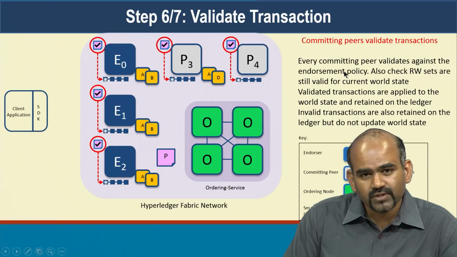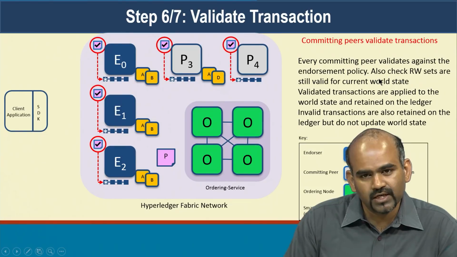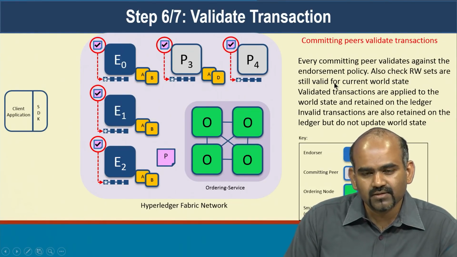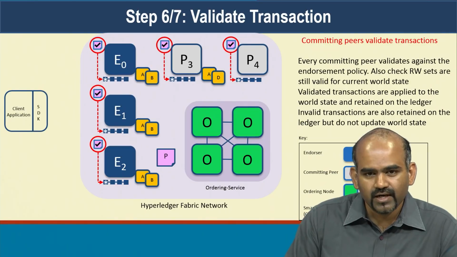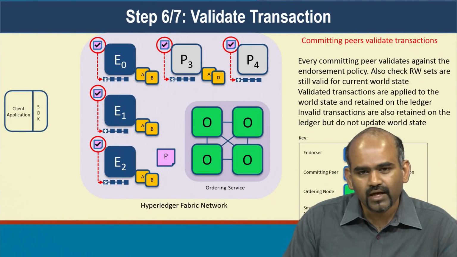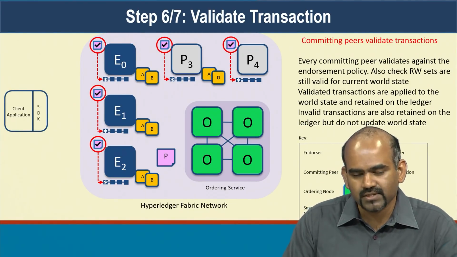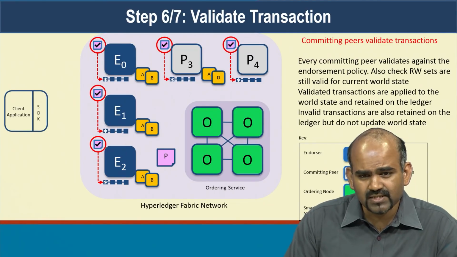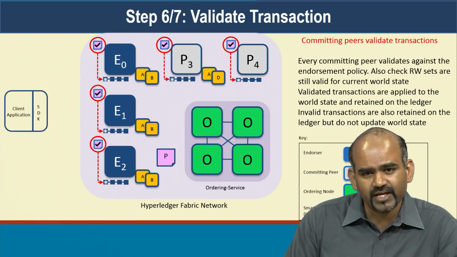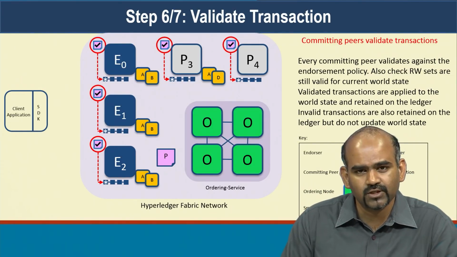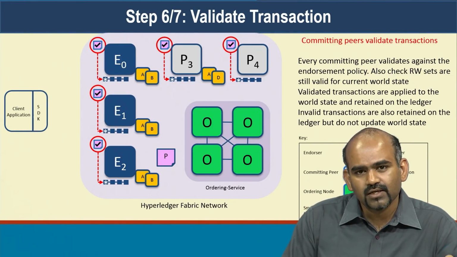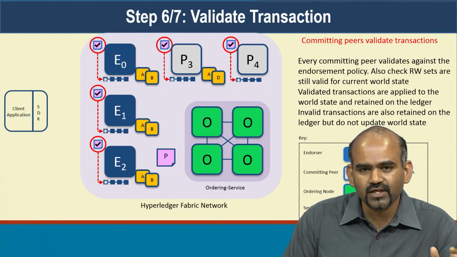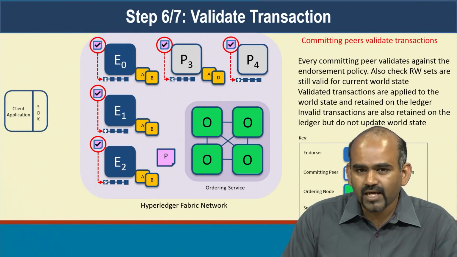Another reason why it could get invalidated is because two transactions tried to update the same data. So let's say there is a variable that had a value 100. Transaction 10 in this set of 100 transactions read that variable with value 100 and did certain operations. It might have written some amount of data. Maybe it modified that variable from 100 to a value of 200. So that's transaction 10. There may be a transaction, let's say 50, which also read the same data element.